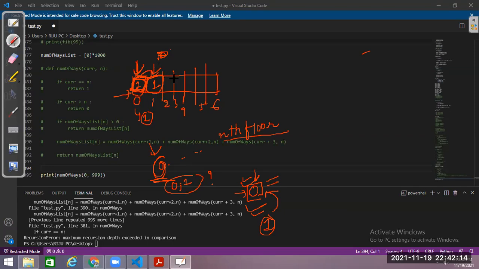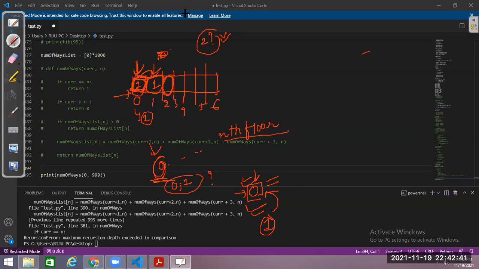Now come to 2. How many ways can you reach 2?